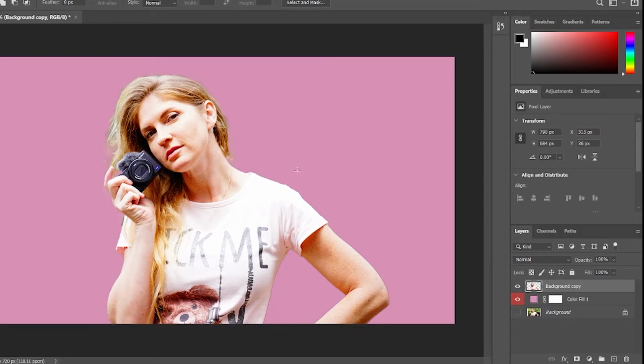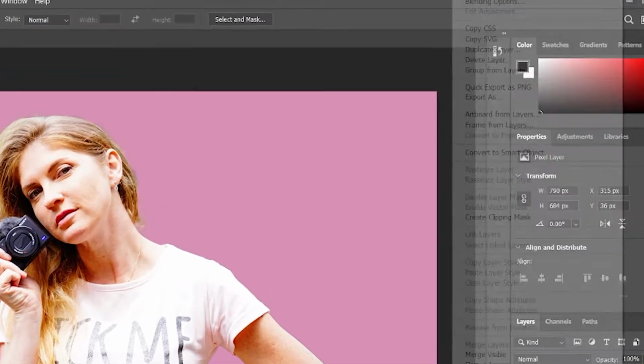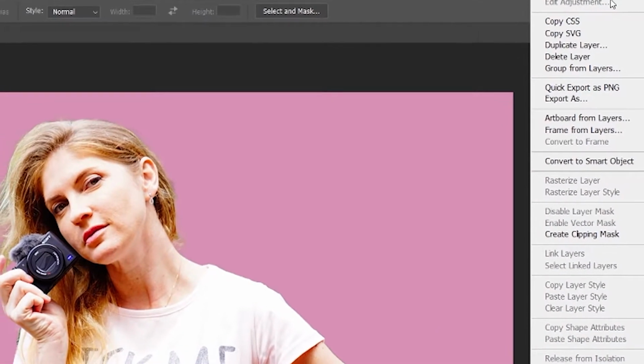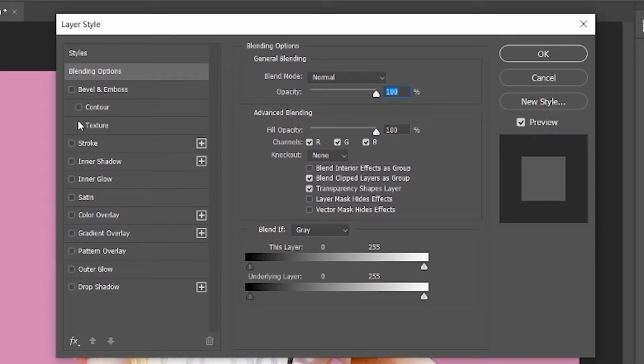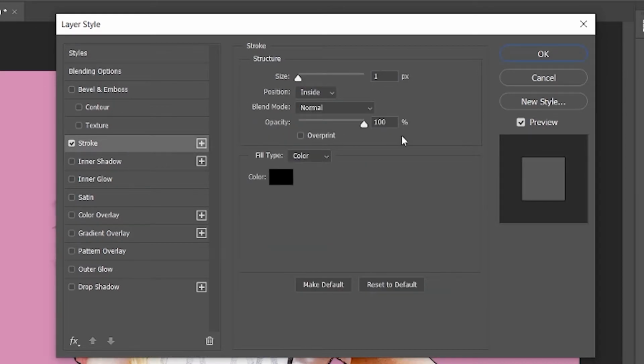I did all this pinkish background just to show you the outline. You don't have to do that, and if you want a transparent background, just leave it transparent and do the next step. So the next step is to make the outline. Right click on your layer and go to Blending Options, and here go to Stroke. Now to adjust it, click on the stroke, and here you can adjust the size, how wide it is, if it's inside, outside,